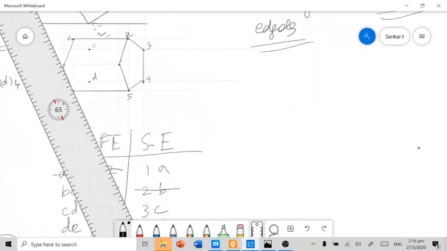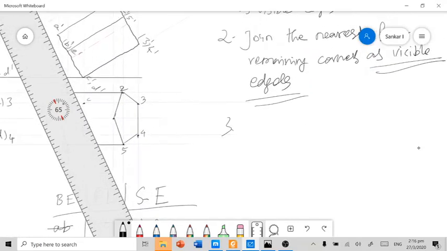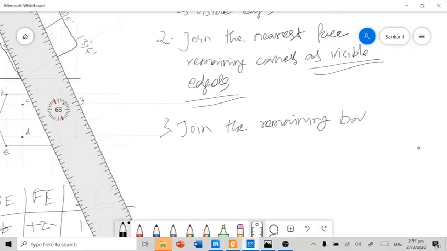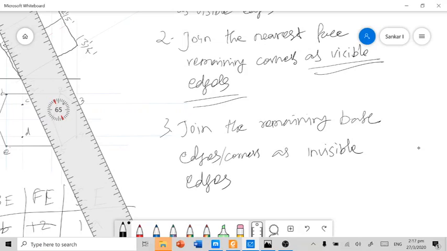And the third step is to join the remaining base edges, or in some way this may be mentioned with the corners also, as invisible edges.